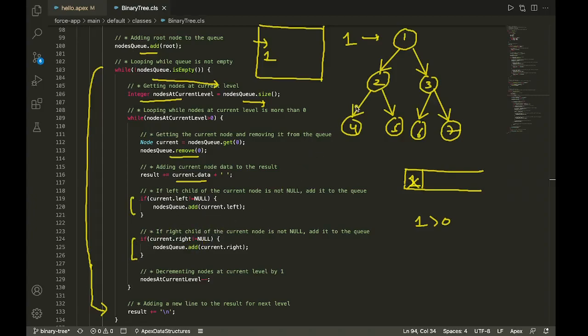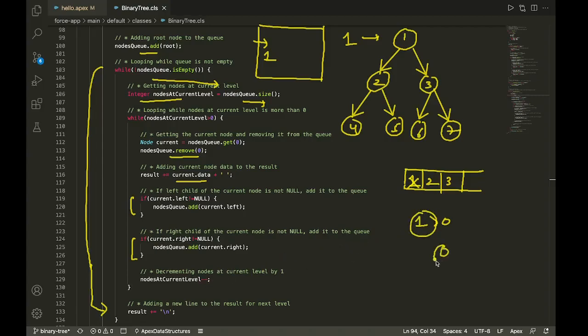For 1, the left of 1 is not null and the right of 1 is not null, so 2 is going to be added to the queue and 3 is going to be added to the queue. Then I'm going to do nodes at current level minus minus. Nodes at current level had a value of 1, and now I'm going to decrement it by 1.